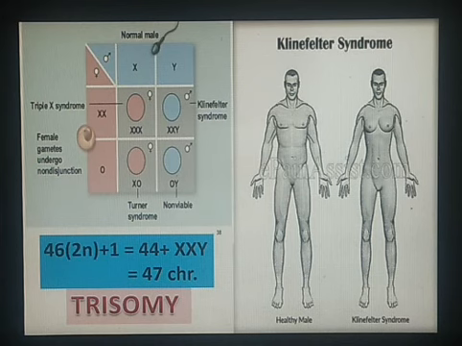This syndrome is also called trisomy, since there is one extra X chromosome in these individuals, leading to a total number of chromosomes as 47. The only difference here is that there is one X chromosome extra, whereas in Down syndrome there was one extra copy of an autosomal chromosome. So, both are trisomy since one extra chromosome is present in them.